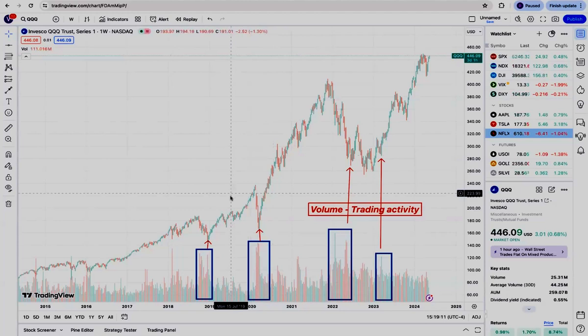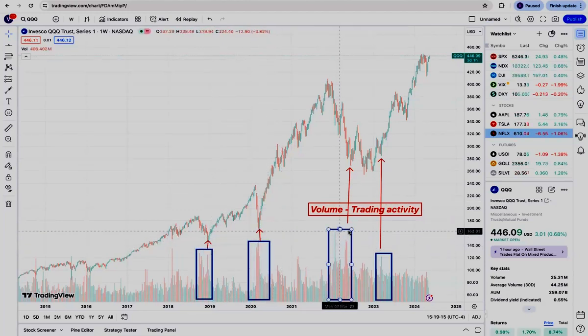As you see, what I've done is I've just taken some blue rectangles, and those blue rectangles are surrounding areas where trading activity is very high. Trading activity is signified on a chart or in the book of the market by volume. So when you have very outrageous volume, large amounts of trading activity, learn to interchange those words, volume and trading activity.